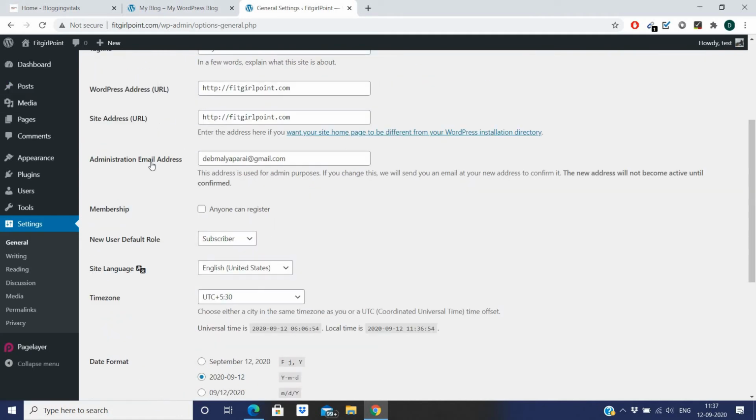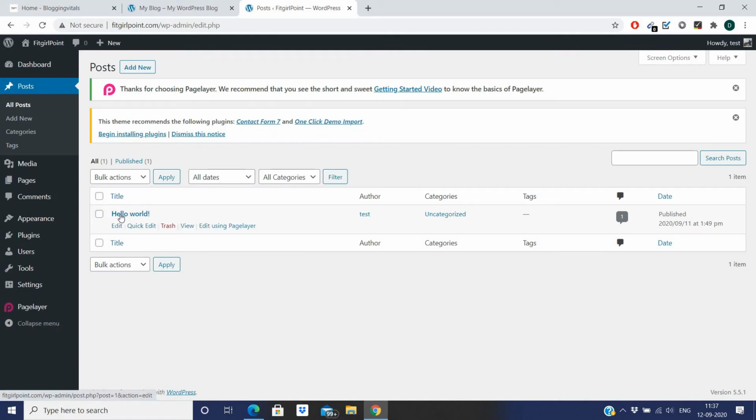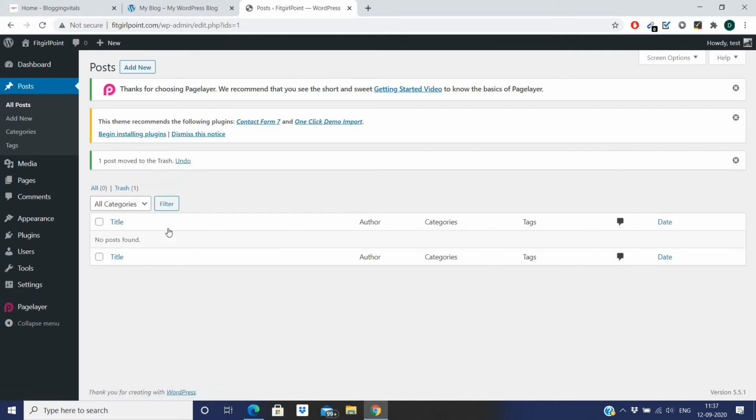Now you need to delete all your default posts, pages and comments. So go to the posts section and then all posts, and you can see that there is a default post, Hello World. So trash it. Here you can see this option, trash. It will delete this post for you, and you can see that one post moved to trash and there is no post found.